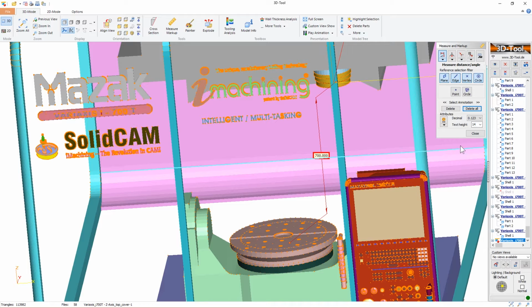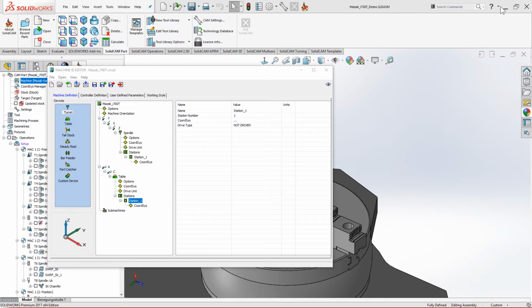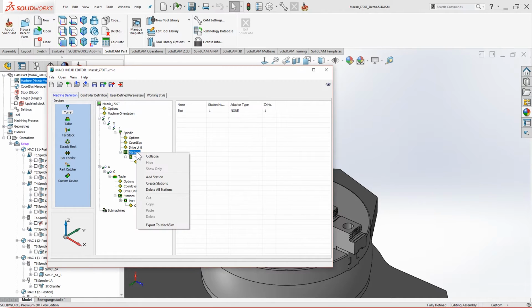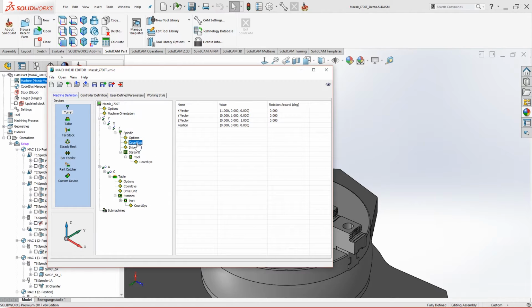All right, so the station coordinate system, I'll just name this station as this one, it's a tool, and this one, it's a part. You can name that whatever you want, it's up to you. Make note that on the spindle itself we can have multiple stations. Okay, so the coordinate system there is coupled with the coordinate system spindle rules that I will cover in some